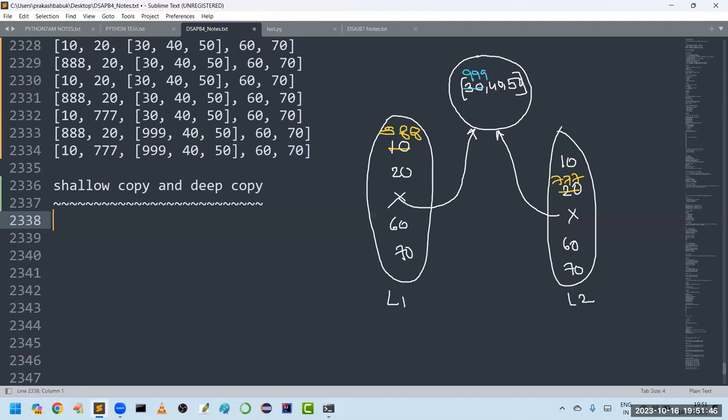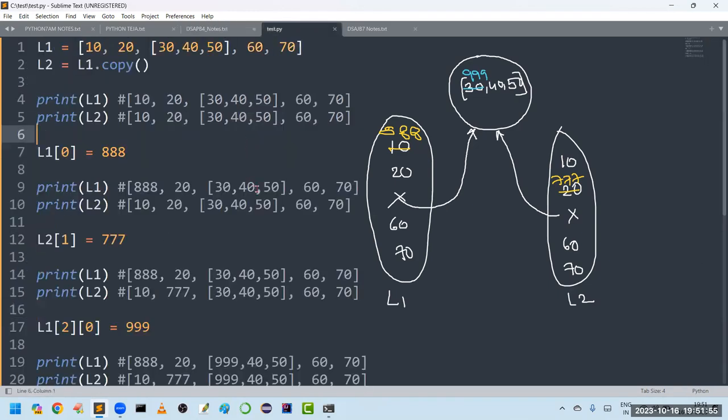Sir, why is it creating the references? Because this is mutable. So every object is a different object because it is mutable. The problem here is, Bharat,